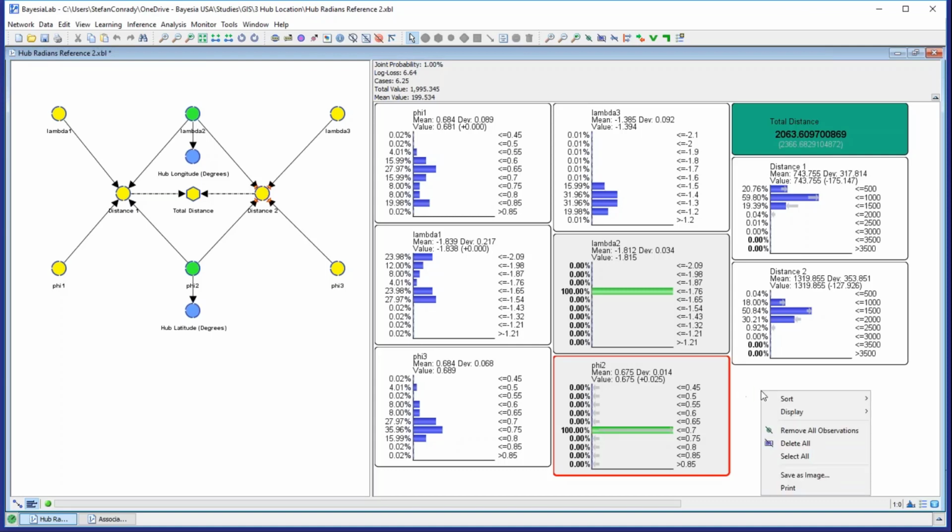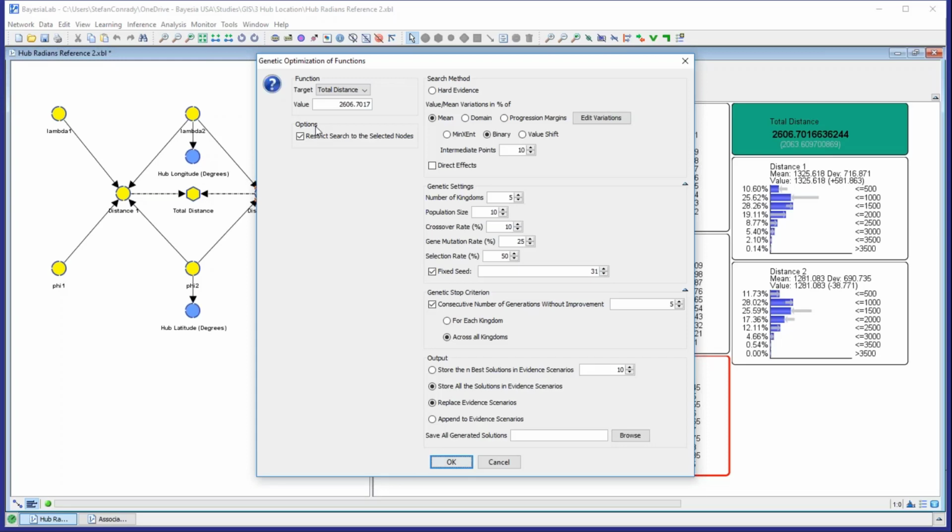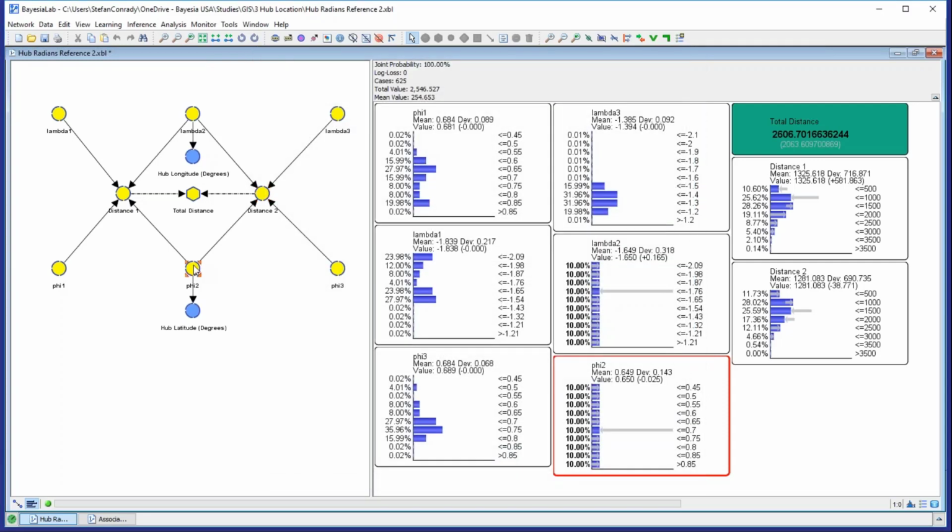But let's now pursue this more systematically and let BayesiaLab search for the optimal values of lambda 2 and phi 2. So I go into function optimization and select genetic. So this now allows me to search. Sorry, I forgot something. I need to select lambda 2 and phi 2 as the variables that I wish to optimize,